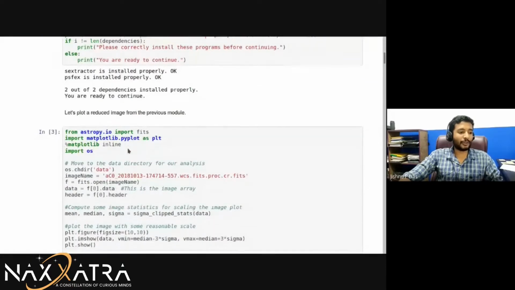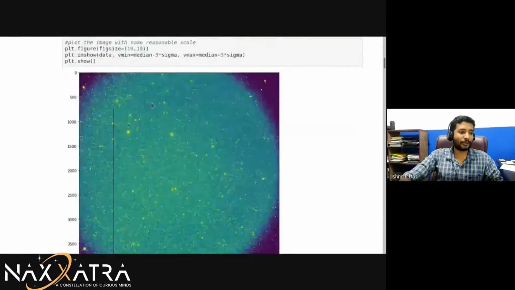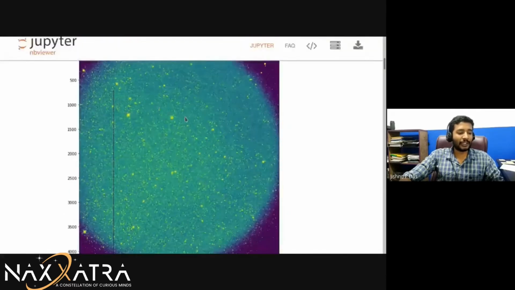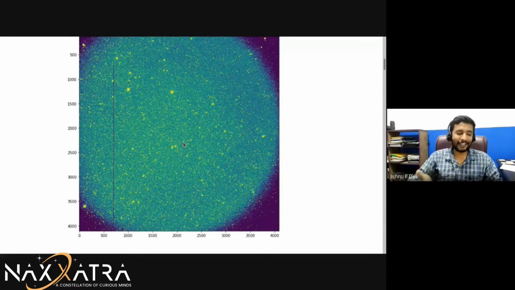Yeah, so there is a module called AstroPy. AstroPy has a fits module. I won't go into the code too much. Essentially, this is a field that we have captured. It does not actually look like green and yellow. It's just that the colors are made that way. This is false color. The bright yellow parts are all the stars that we have captured.